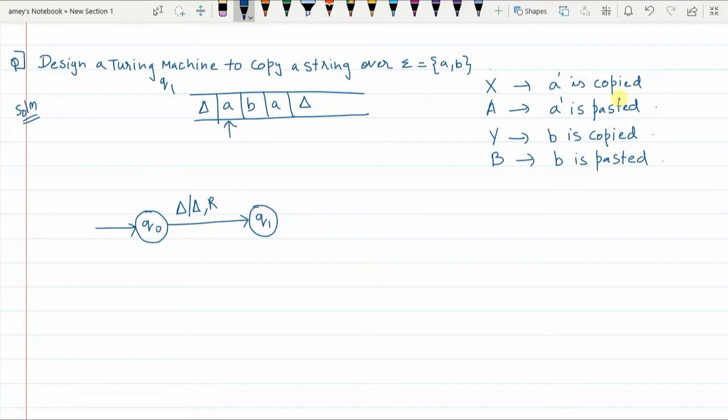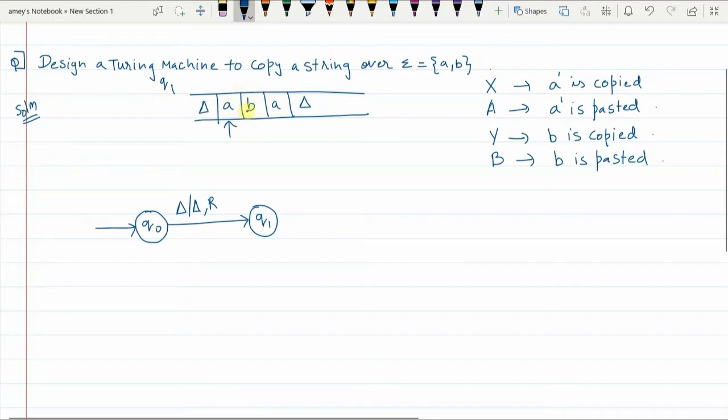Now I'll tell you the logic of how I will copy. First, I will copy this a. Then I will ignore anything that comes on the way till I reach the end of the string, and then I will paste this a there. Then I will go back to the place from where I had copied, that is this a, and move one place to the right. This is the next element to be copied.